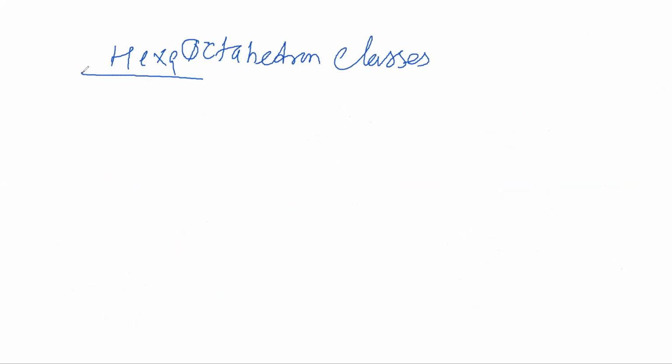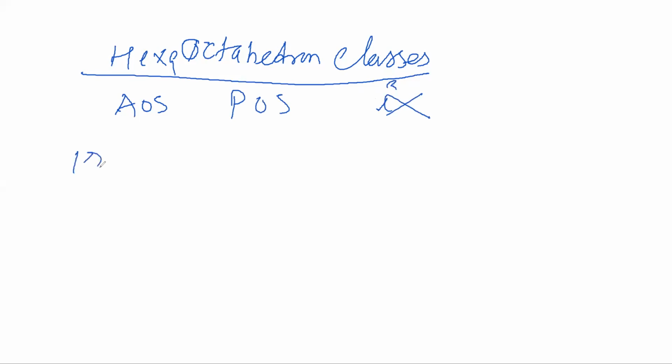So now, finally, coming to the Hermann-Mauguin symbol for the hexaoctahedron class, right? So now let's see this in detail. We discussed axis of symmetry, plane of symmetry and center of symmetry. We do not have to take the center in the HM symbol, so we leave it. How many axes of symmetry are there? 13, out of which 6A2 is there, 3A4 is there, and 4 axes are 3-fold symmetry.